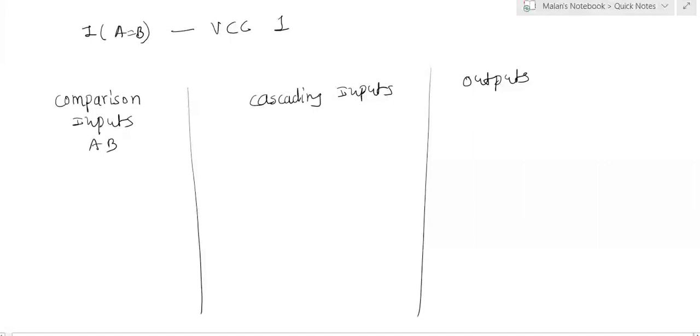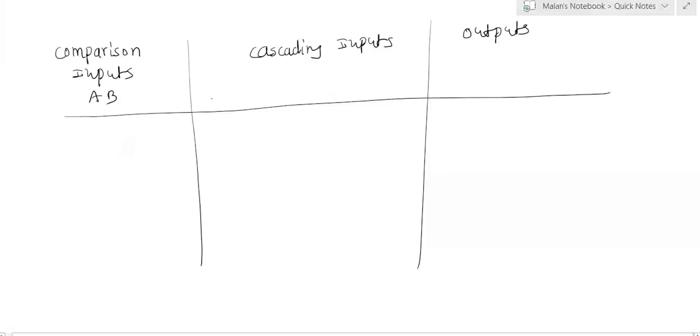Based on these inputs, it may be either A equal to B, A less than B or A greater than B, whatever it will be. Now the cascading inputs will be A greater than B, A equal to B and A less than B. The outputs generated are A greater than B, A equal to B and A less than B.